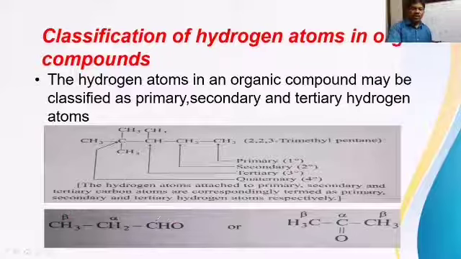Okay, so here when you give number 1 to this carbon and number 2 to the next carbon, number 2 carbon is taken as what here? Alpha carbon. So don't confuse that. Alpha carbon need not always be the first carbon. Here it is the first carbon, it is the second carbon, it is the third carbon. So don't confuse that. The second carbon in this example is taken as alpha carbon, and this is beta carbon. Atom 1 is nothing but the carbon of the functional group, atom 2 is alpha, and atom 3 is beta carbon atom. That point keep in mind.